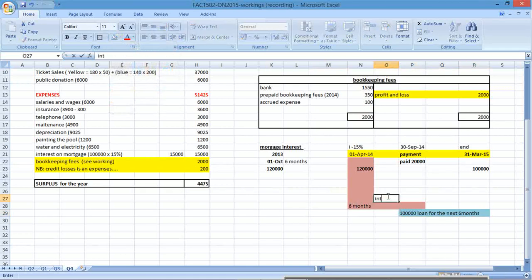Okay, so interest here is 120,000 times 15% times 6 over 12. 120,000 times 15% times 6 over 12 is 9,000, and then this is 100,000. 100,000 times 15% times 6 over 12 gives you that. Okay, so total interest is that plus this. Right, so 16,500 would have been the interest that you would have